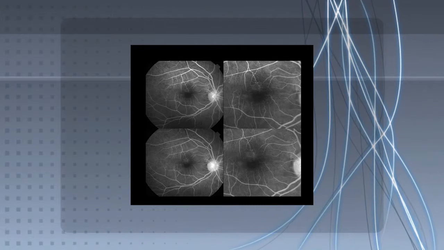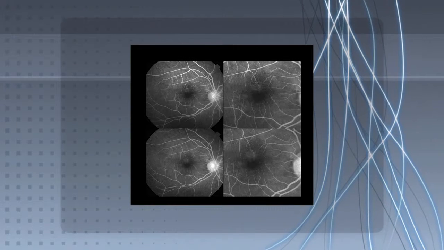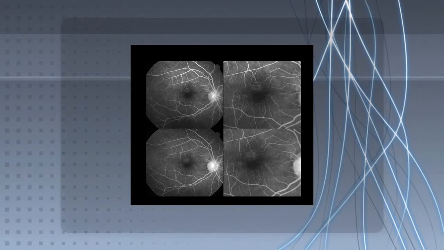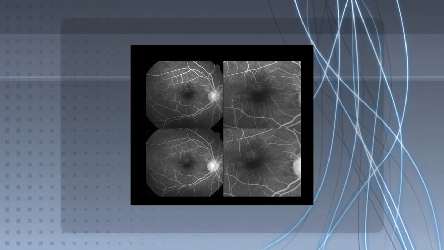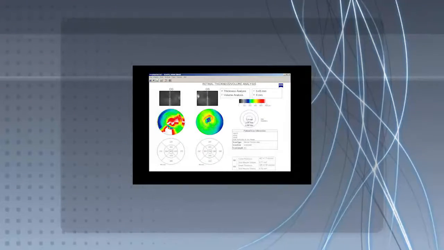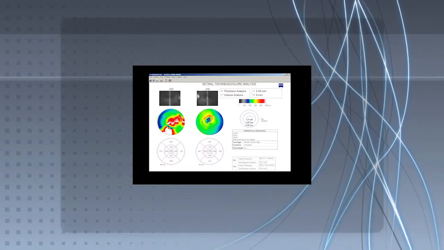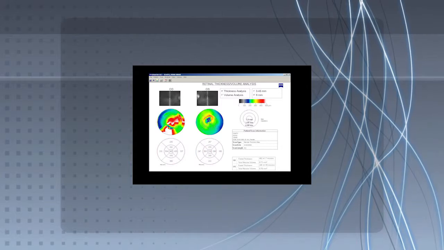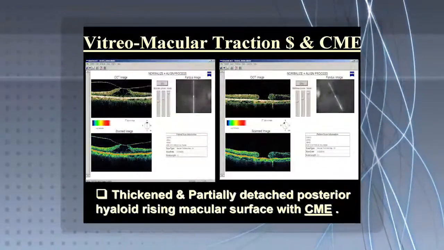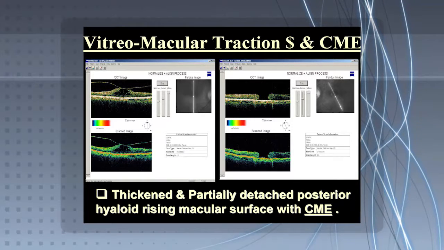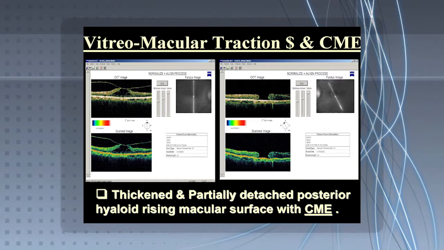This is a magnified picture of the macula. There is an area of leakage just very close to the fovea in his right eye for no reason. We decided to do the OCT for this patient. Really, he has an increase in the foveal thickness up to 425 microns. And the OCT shows he has a vitreomacular traction syndrome and important cystoid macular edema